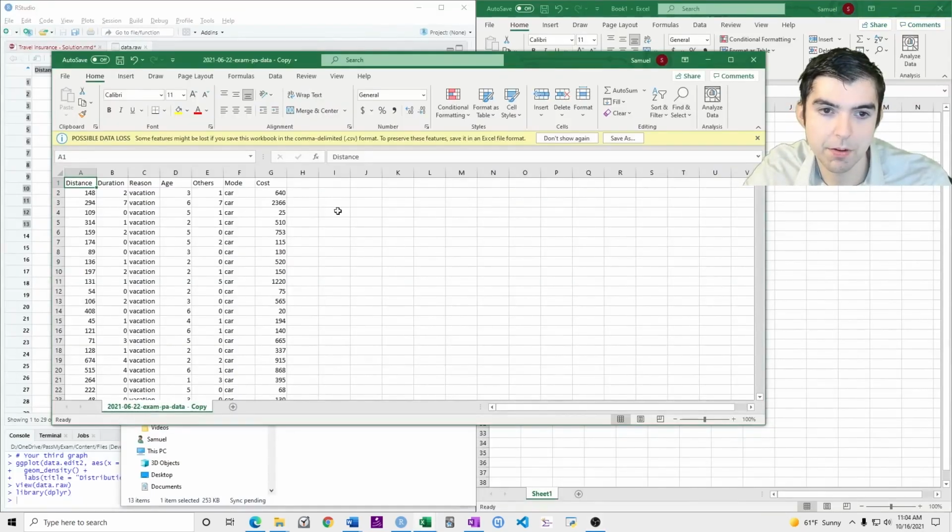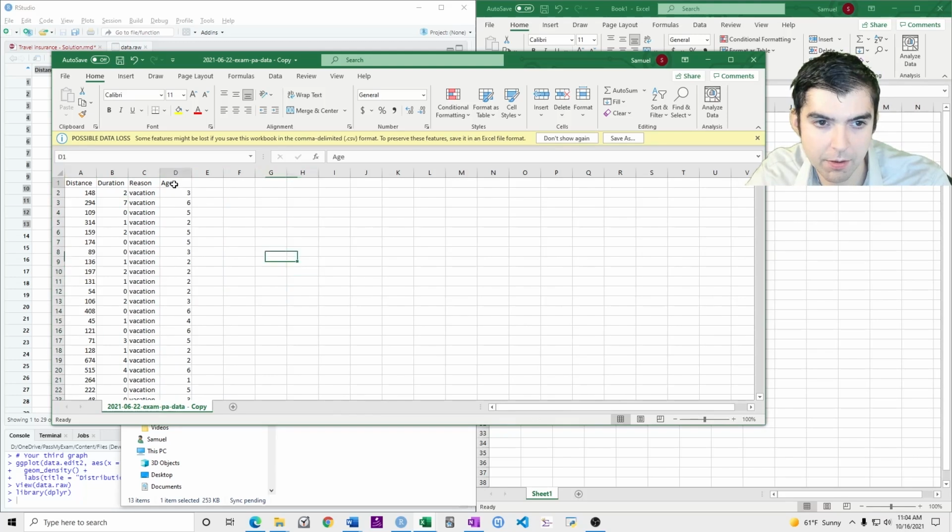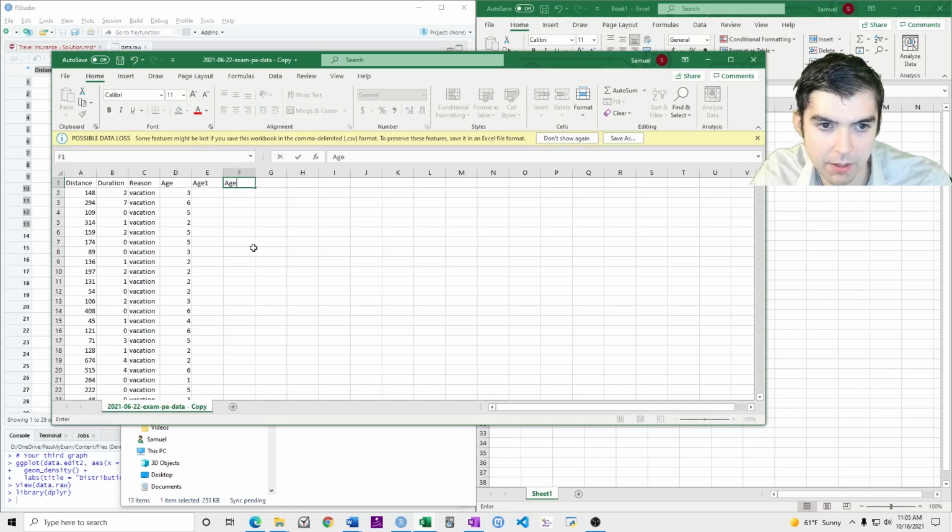So to come up with an example of what they mean, here's the data set, and then here's the age variable. So method 1, the factor method, is to come up with different variables, like age 1, age 2, age 3, and I'll just copy and paste this over.